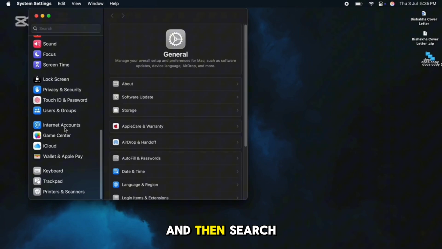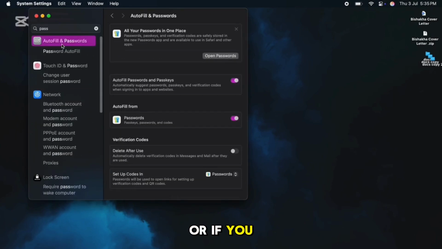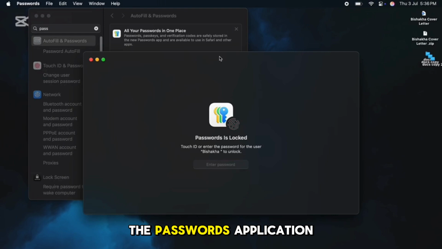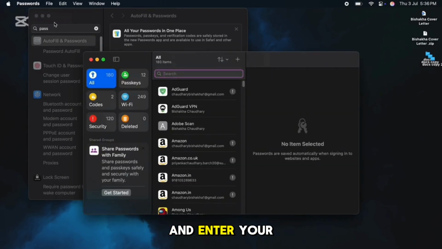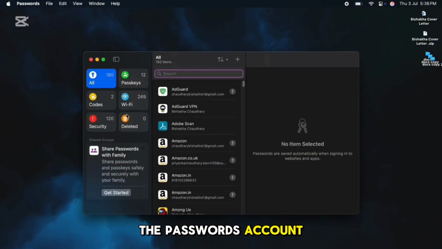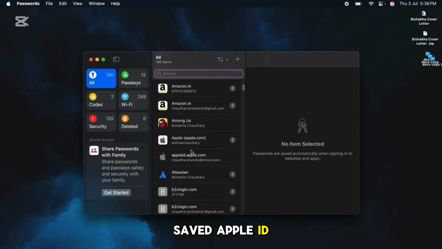your Mac and then search for passwords and tap on it. Or if you are on the latest Mac versions, then open Launchpad and then open the Passwords application and enter your Touch ID or passcode to unlock the Passwords account. Now, go ahead and search for your Apple ID and delete any saved Apple ID login items that may be